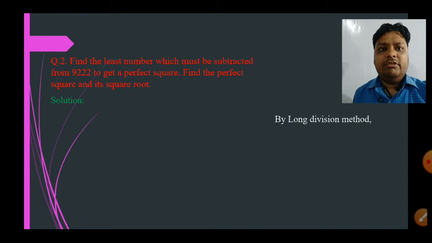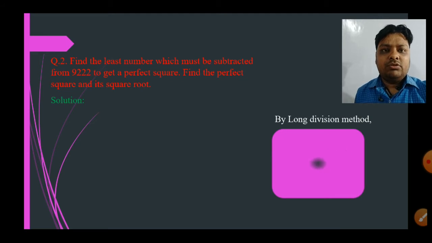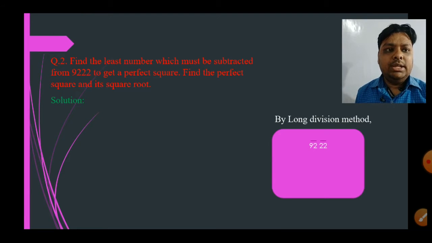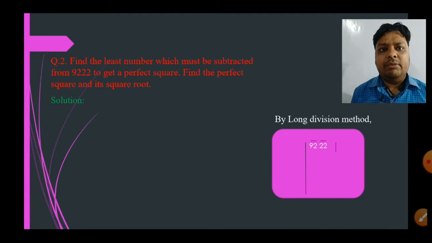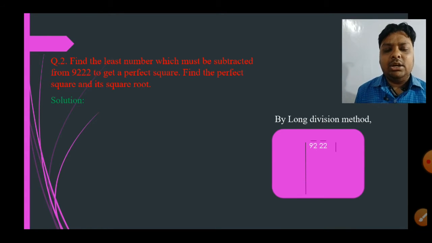Now by the long division method we will find the square root of 9222. It is not a perfect square, it means a remainder will come. Here we will write the recurring sign over the double 2 from the last, and then over 92. Then we will draw two longer and a smaller line. The first period is 92, so we check 0 0 0, 1 1 1, 2 2 4, 3 3 9, 4 4 16, 5 5 25, 6 6 36, up to 9. We multiply the same number to get the divisor. So you can see 9 9 81, and 81 is less than 92, but you cannot take a 2 digit number.